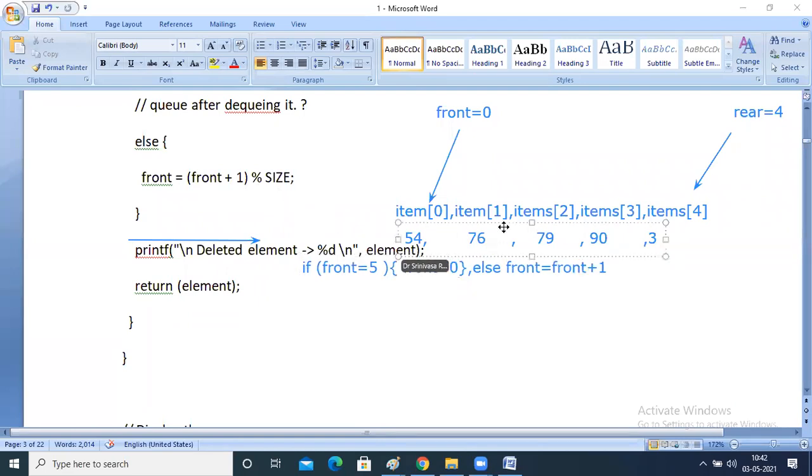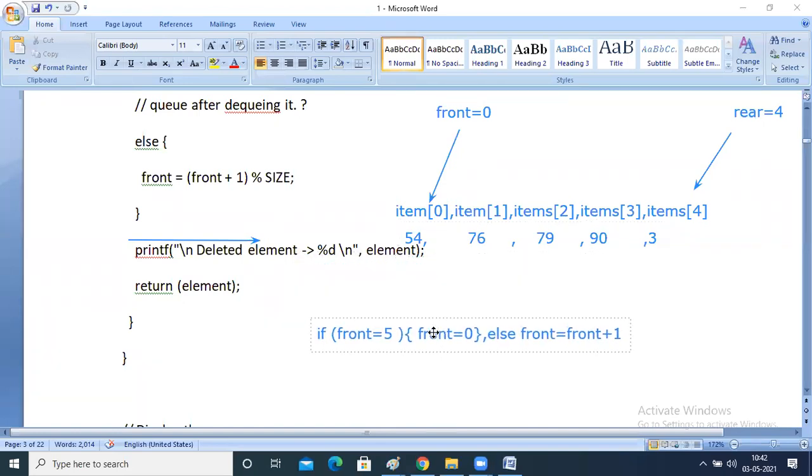So previously I told here: 0 mod 5 is equal to 0. 1 mod 5 is equal to 1. 2 mod 5 is equal to 2. 3 mod 5 is equal to 3. 4 mod 5 is equal to 4.